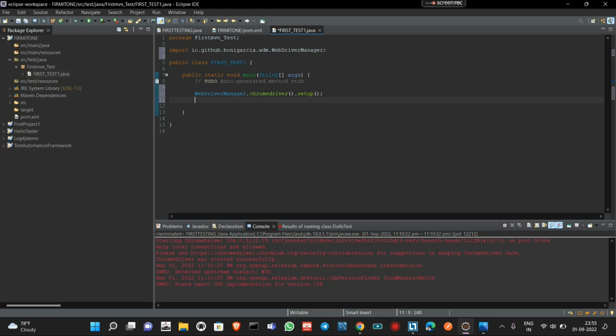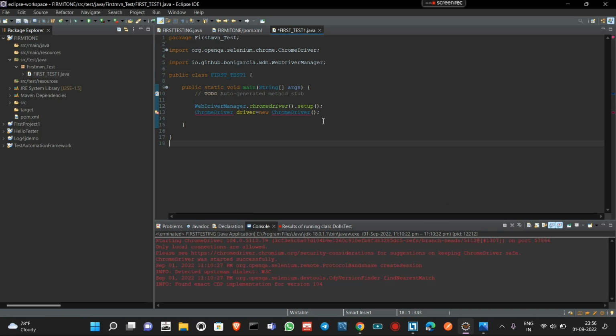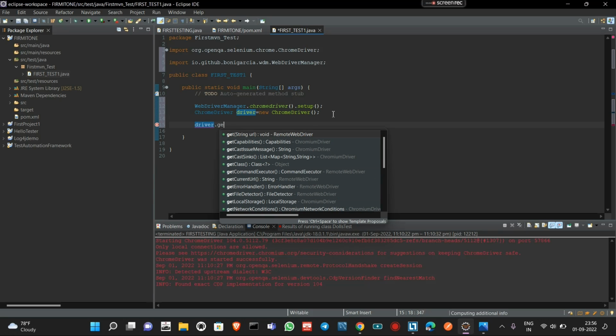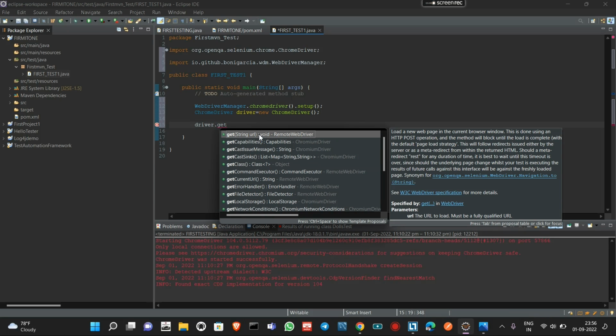Now we will create the Chrome driver equal to new, okay, so sorry, capital C and then colon. So we will hover over here and import our Chrome driver. Again, we have created the object of the Chrome driver class, so we can use the methods inside it. And again, we will write here driver dot get,